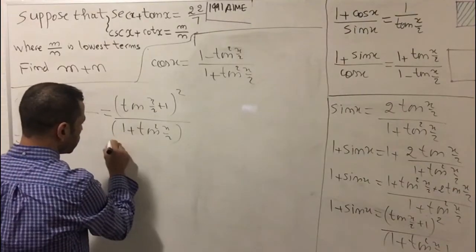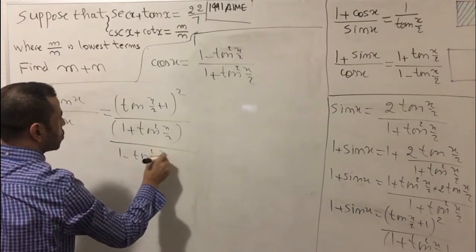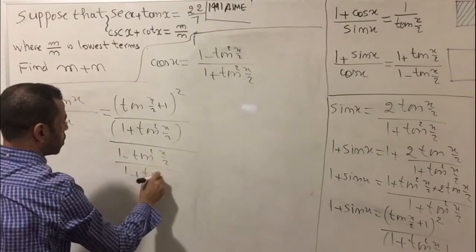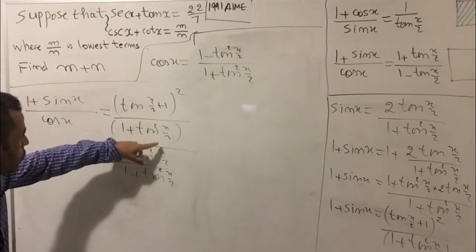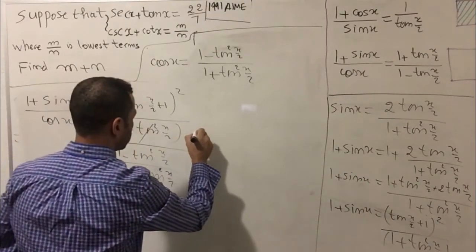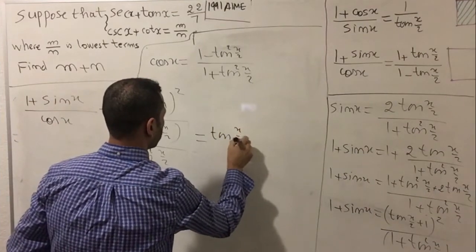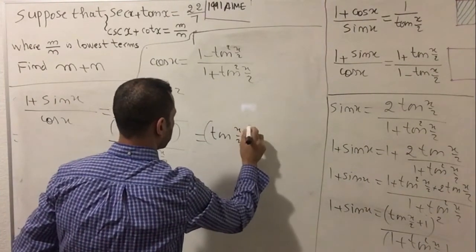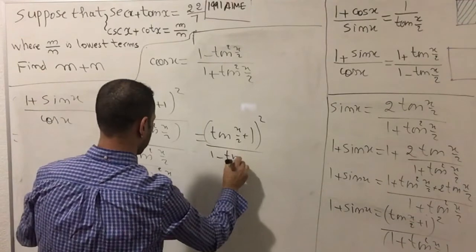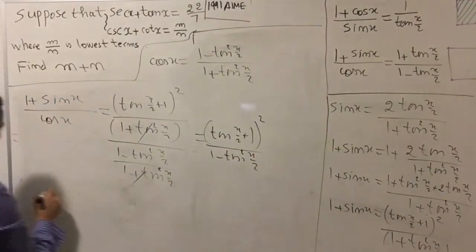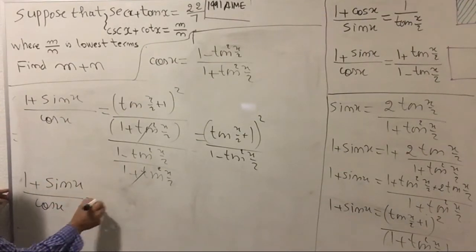Okay. Dividing by this term, 1 minus tangent square x over 2 over 1 plus tangent square x over 2, the 1 plus tangent square x over 2 will be cancelled out with this one. So I will have just this one: tangent x over 2 plus 1 quantity over 1 minus tangent square x over 2. Okay. So 1 plus sine x over cosine x equals